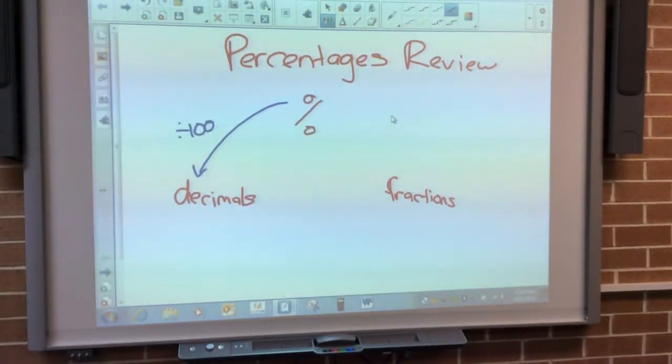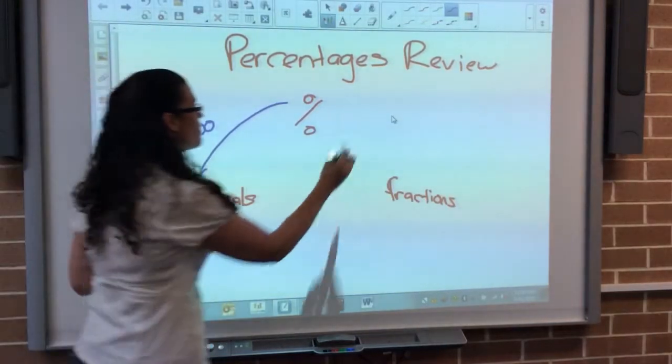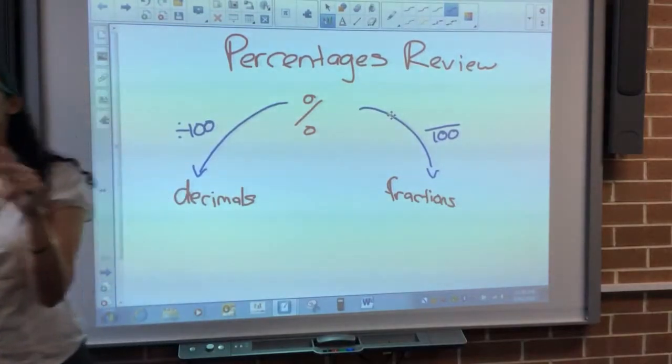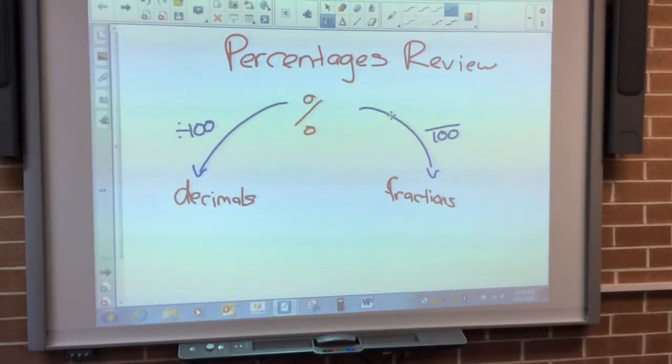it into a fraction, what do I do? You do the same, divide by 100, you set it as a fraction. Because divide by 100 is the same as over 100. So instead of doing divide by 100, we would write over 100. Make sure you check if it simplifies. Okay, so 123 is my example and 100 doesn't simplify, but plenty of others do, so make sure you check